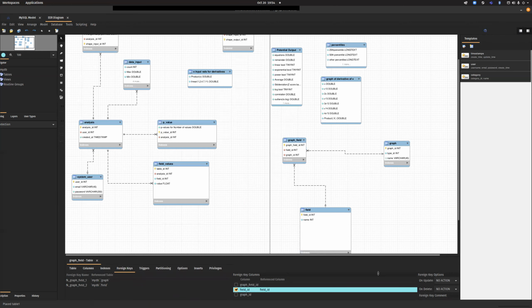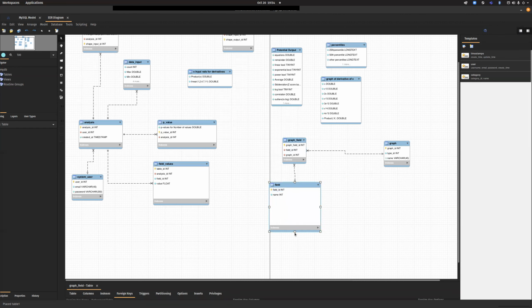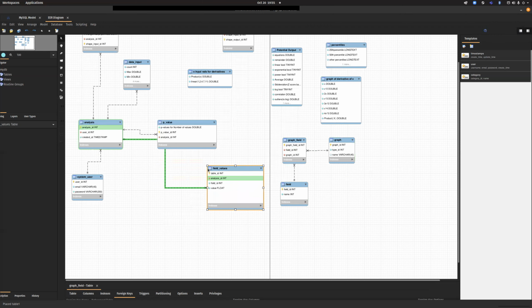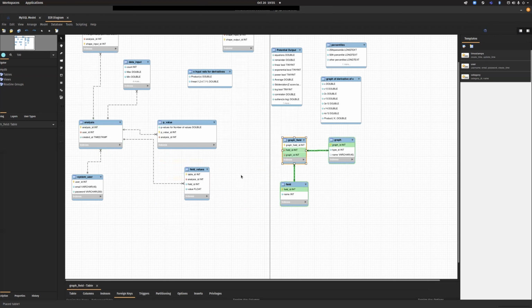Like in the case of a graph, if I'm just doing a simple scatter plot, for example, I can give a graph a name. So let's say I'm just going to call it scatter plot 1. Its fields would have an X and a Y. So in the field table, you could have an X and a Y, and then we could connect this to field values. We'd have graph field, and then